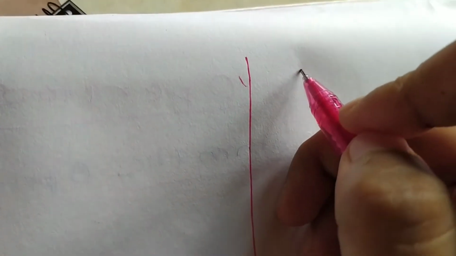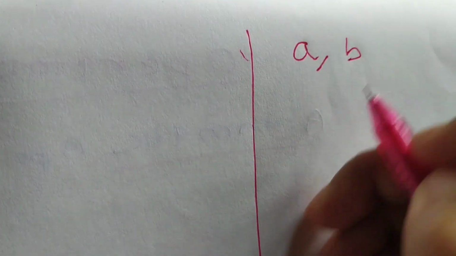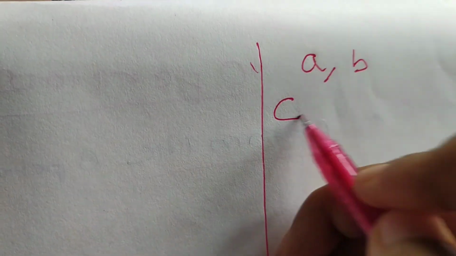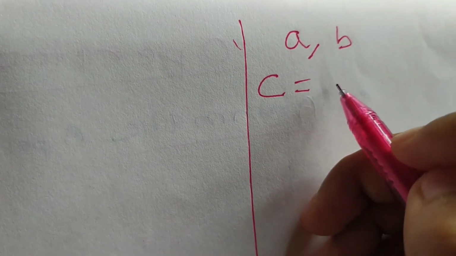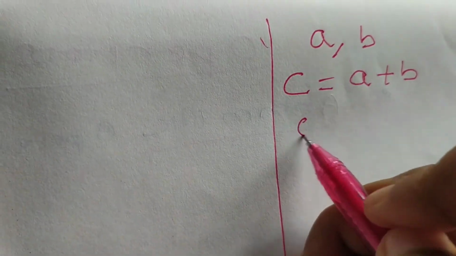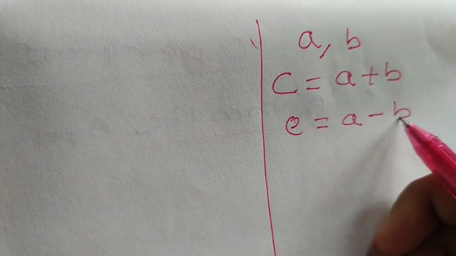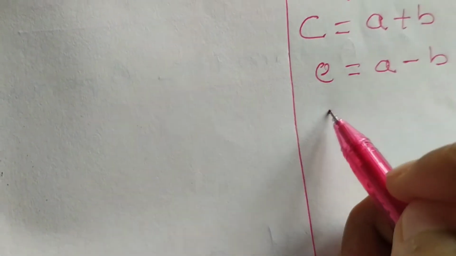So I am writing a program based on those operators, to show you how to do calculations. Suppose I am giving the output here. We are taking two integer variables, a and b, and assigning another variable c, which will carry the summation of a and b. Another variable e will be the result of the difference between a and b, and another variable d,